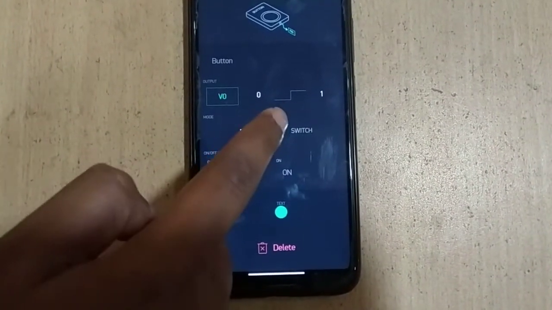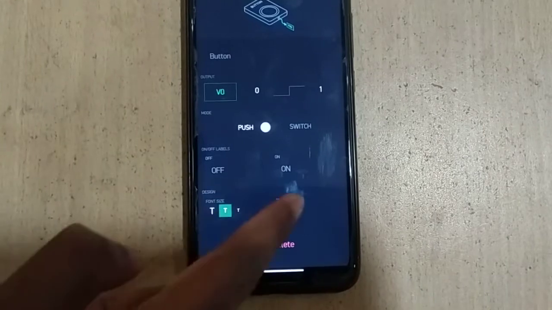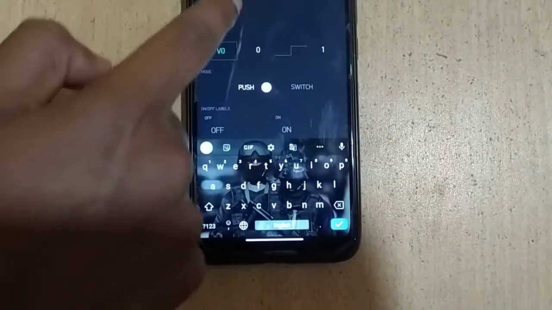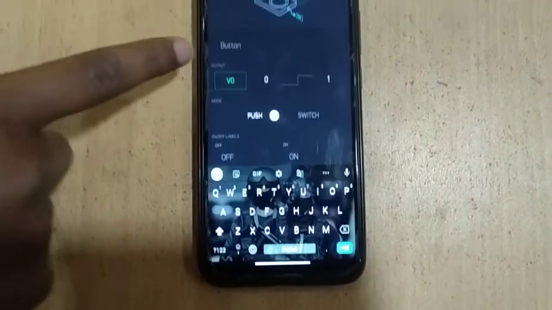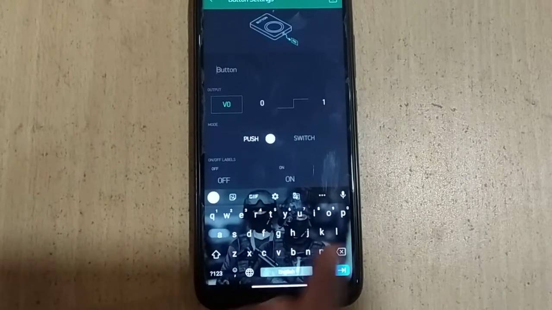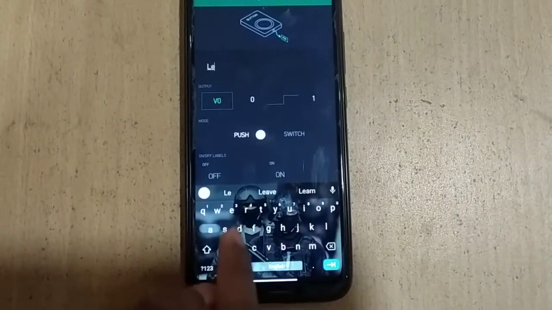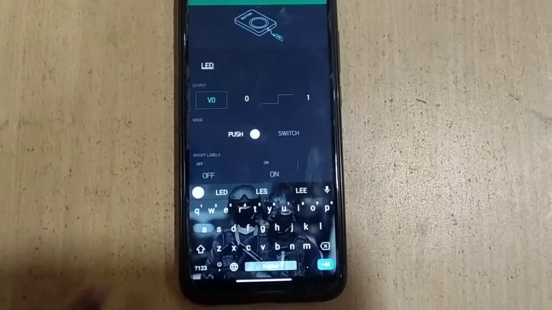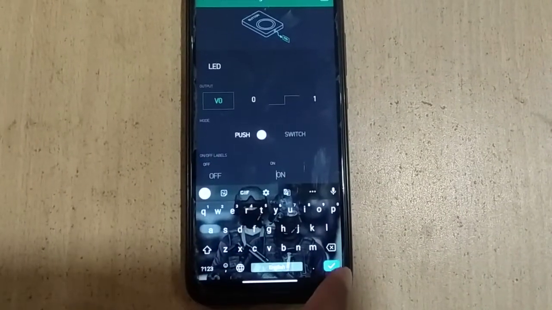After that, you can also select on and off labels here. There is a button name you can see here. If you are using this button for an LED, you can write LED here. As you can see, I have written LED here, and the on and off labels you can control here.